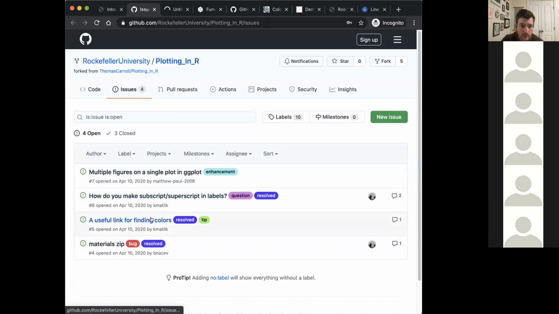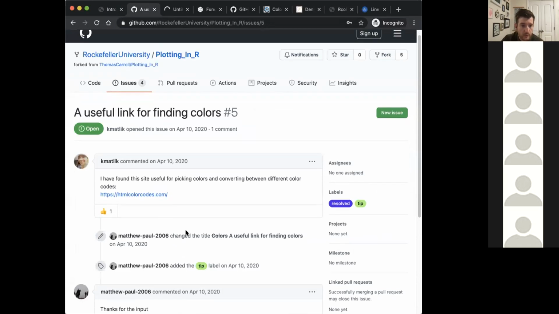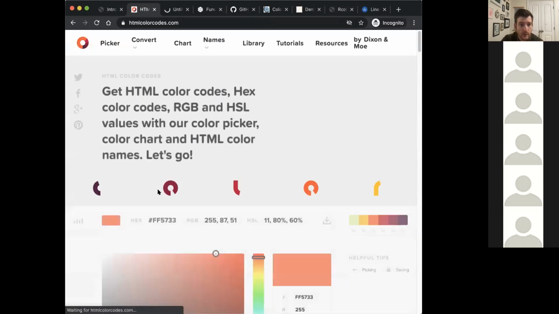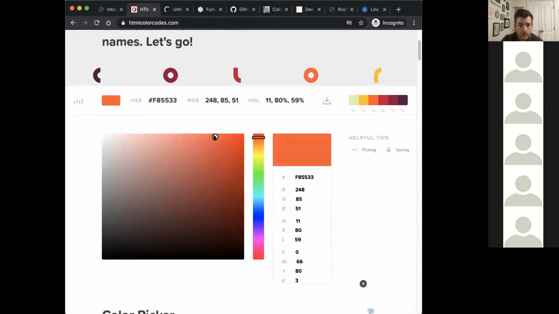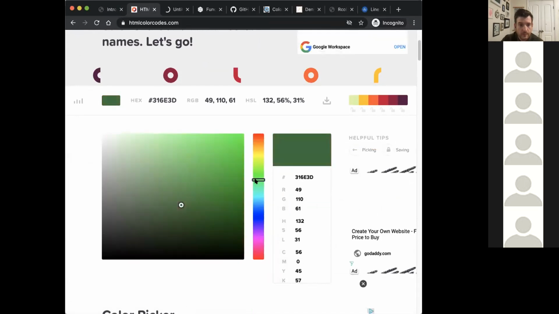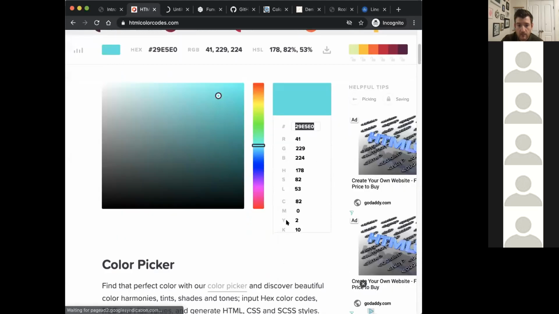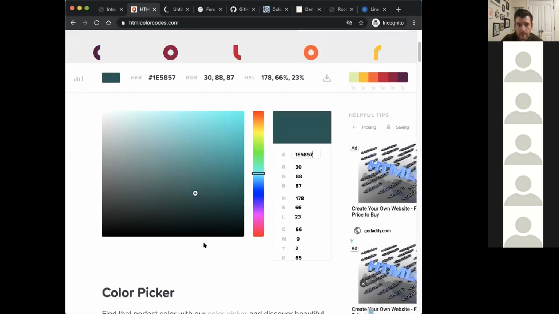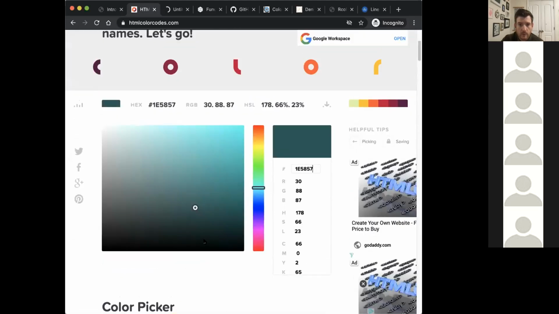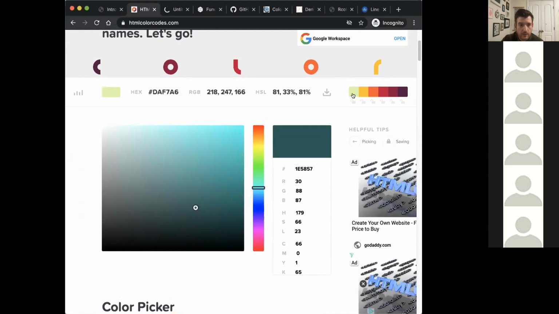Some of these are nice. So actually, this one's really cool. Someone who took our course before found a really nice way to find colors they like. So you can use a gradient to find colors, and then you get the hex code here, and then you'll be able to use that color. And then it also, I think, has palettes built in. So maybe you have to unlock